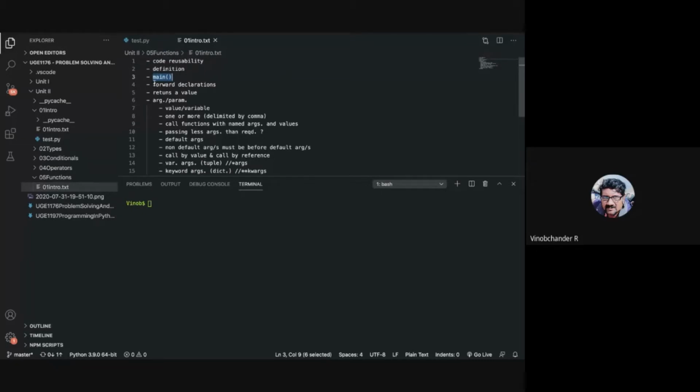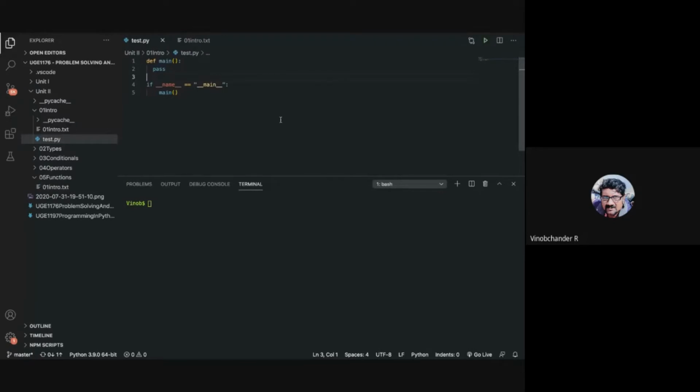Next point, point number 4, forward declarations. Now, what do you mean by forward declarations, guys? Let us understand this. Any guesswork? Sir, does it have to do something with function prototypes?